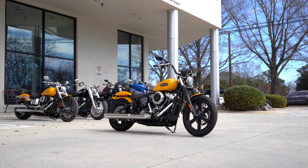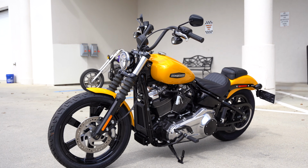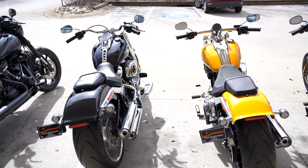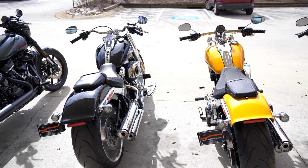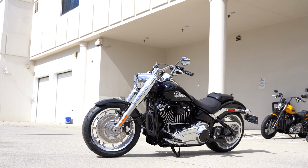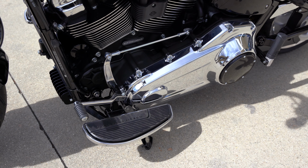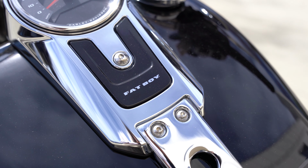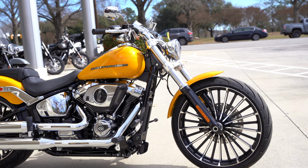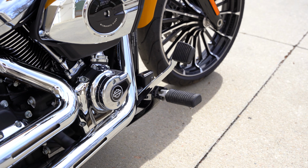Individually, the Street Bob is most distinguished by its minimal fenders, single front rotor, fork boots, and smaller 3.5 gallon tank. The Fat Boy and Breakout share the most attitude and similar wide rear tire. The Fat Boy keeps a plusher ride with a fat tire in the front, near solid rims, extra chrome around the headlight, floorboards, and a tank-mounted dash. The Breakout contains a similar yet taller 21-inch front wheel, more rake, a lot of chrome, forward controls, and a